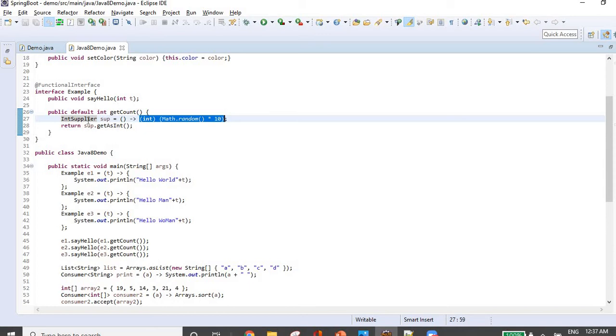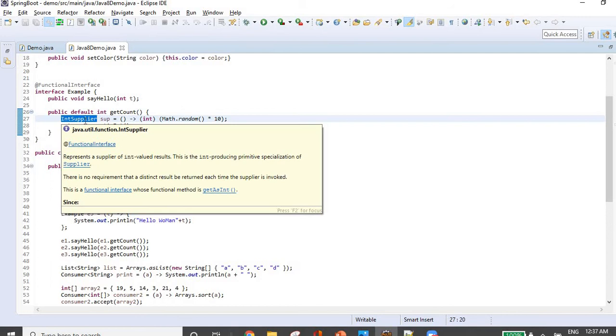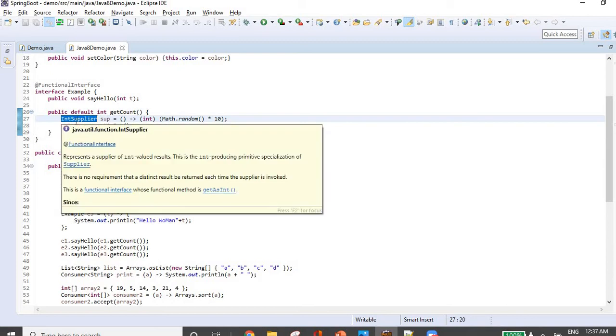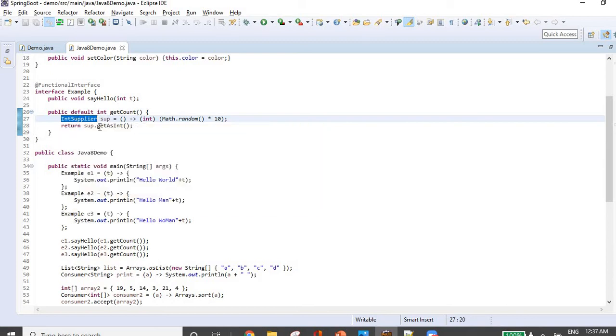It can also return any object, right? So you can have your own Supplier interface to return something. So Supplier is basically something which returns you some values. Here I'm using the IntSupplier. The Supplier has a method called getAsInt, using which I can get a value from the Supplier